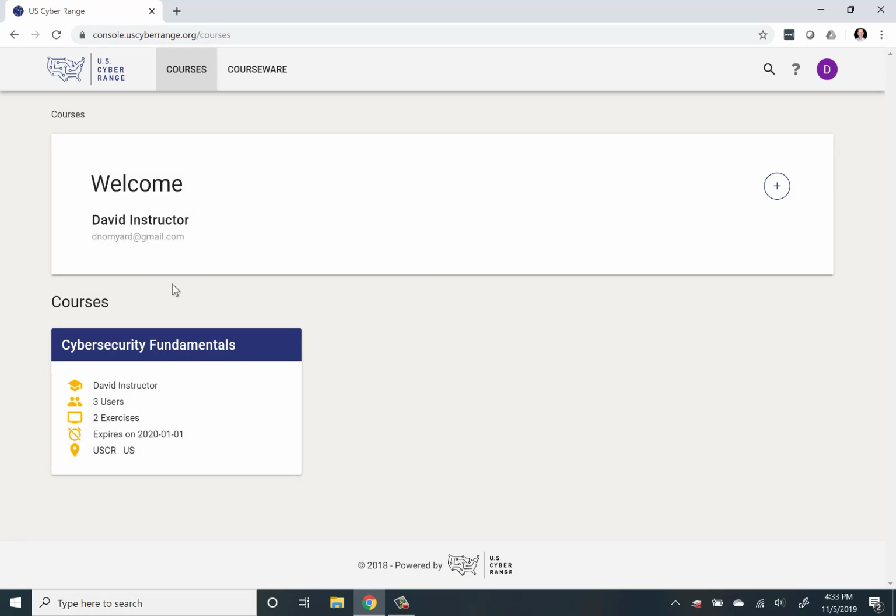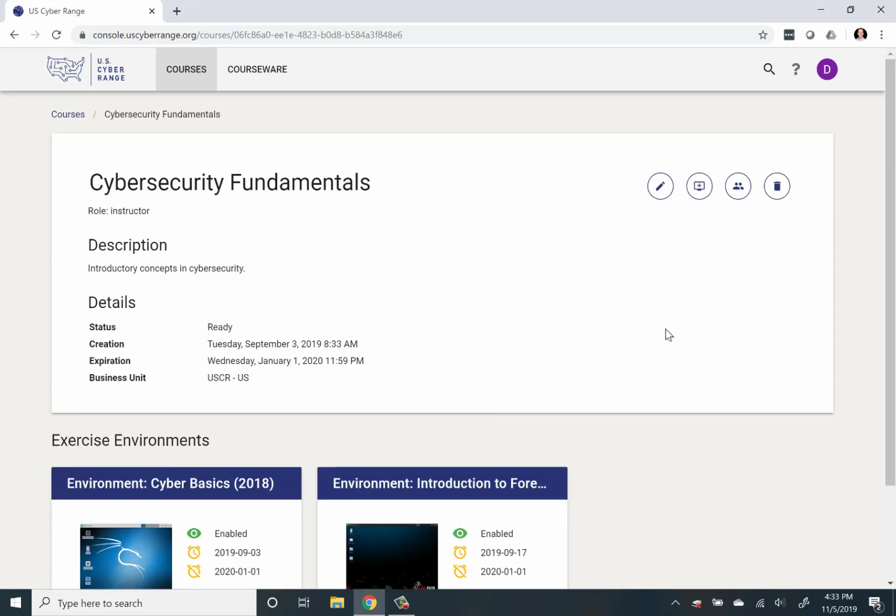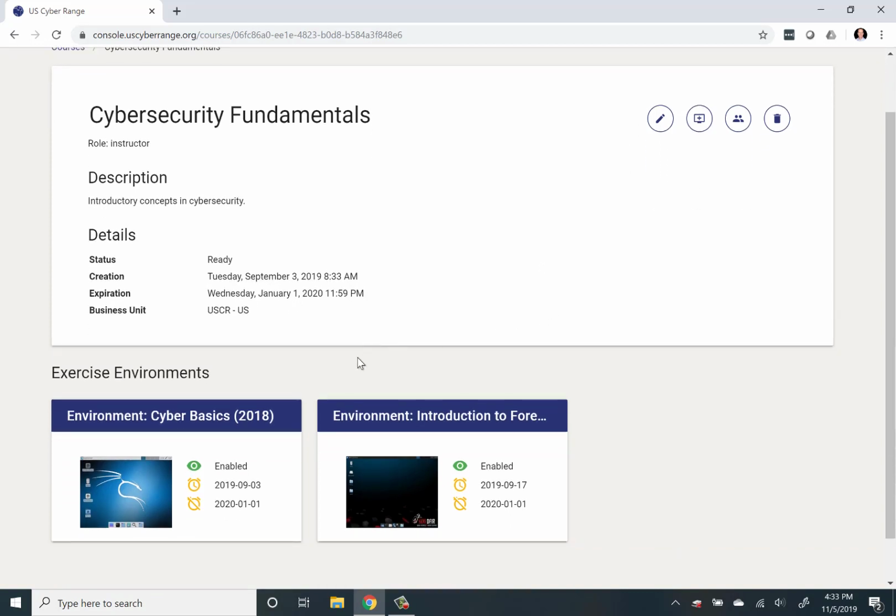Also on my home page is a listing of courses that I am an instructor for. In this case, there's only a single course, and it's called Cybersecurity Fundamentals. If I click on that course, my dashboard changes. Now I'm inside a course. I get some more features at the top right corner of the page, and then listed below are exercise environments